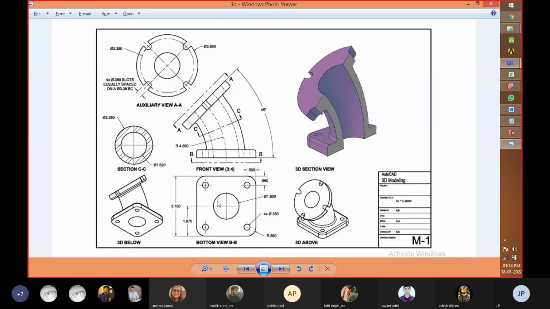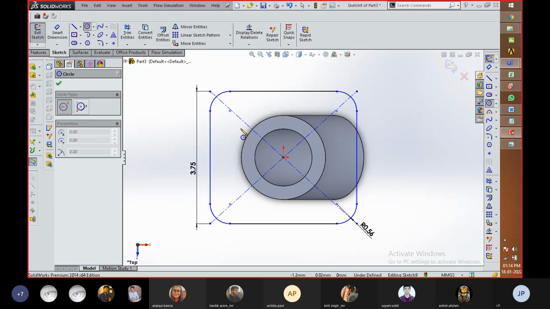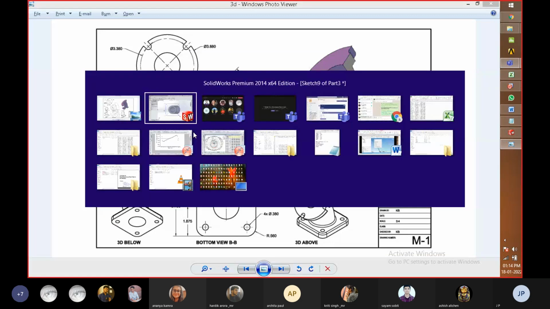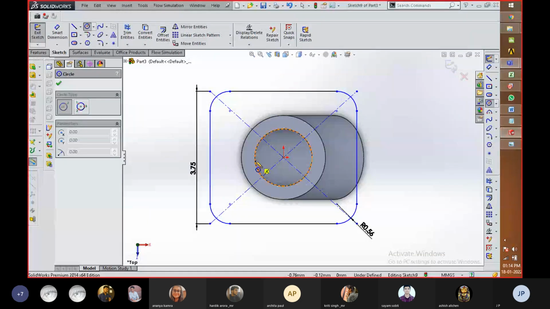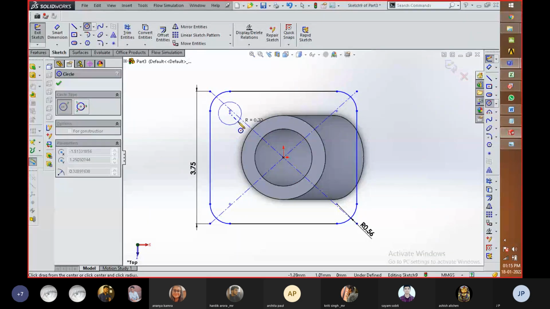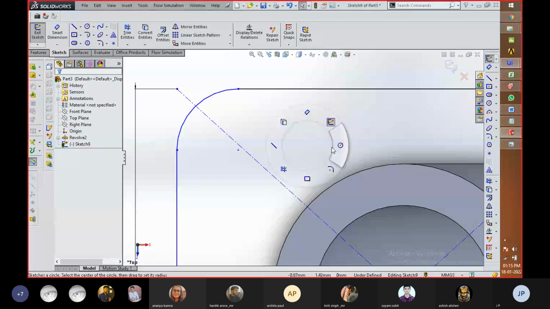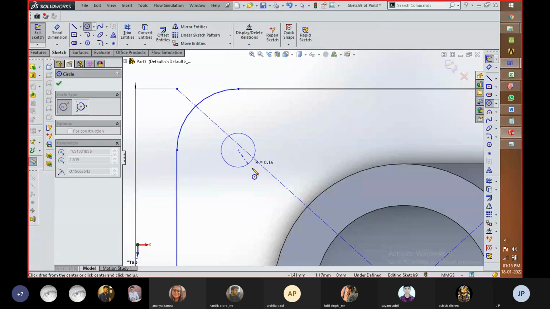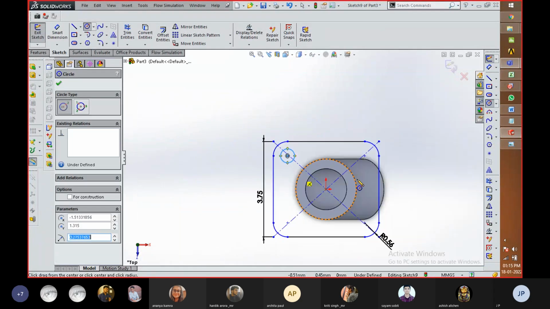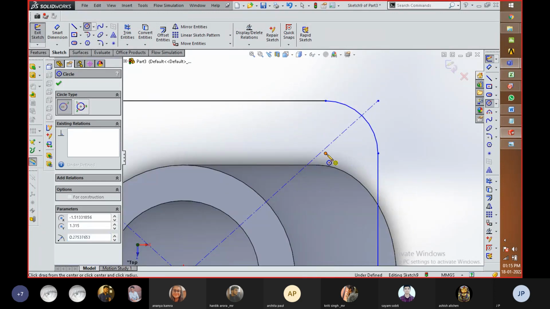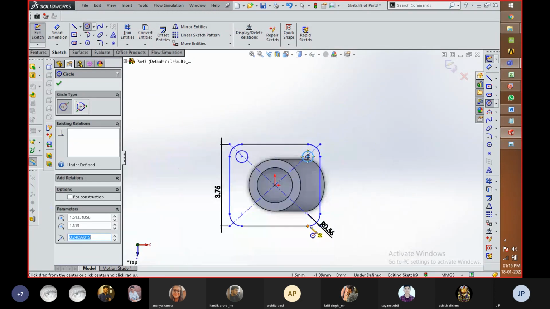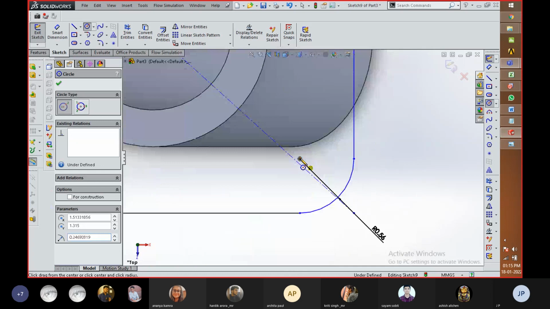Okay, and we got 4 circles over here. So with the help of this, we are going to create circles at these four corners.